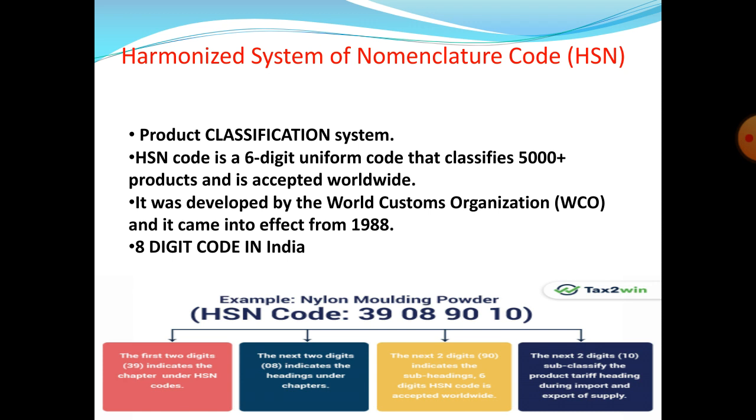The harmonized commodity description and coding system generally refers to the Harmonized System of Nomenclature, and it is a multi-purpose international product nomenclature developed by the World Customs Organization. It is used as a product classification system for identifying particular products, and it is mainly used by customs organizations for unifying the commodity taxation system in the case of imports and exports.